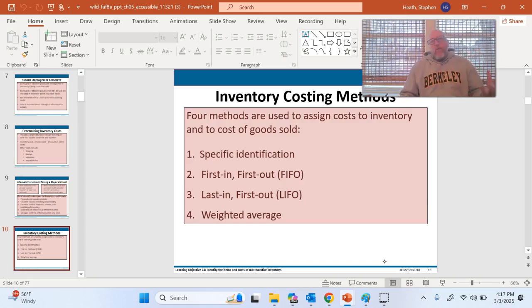to use when I'm selling avocados. Let me back up. I would use FIFO, LIFO, and weighted average when I'm selling a homogeneous product like avocados. I would use the specific method when I'm selling products that are totally unique and I don't sell a lot of them, right? So if I was a real estate agent and I was selling a property in San Jose